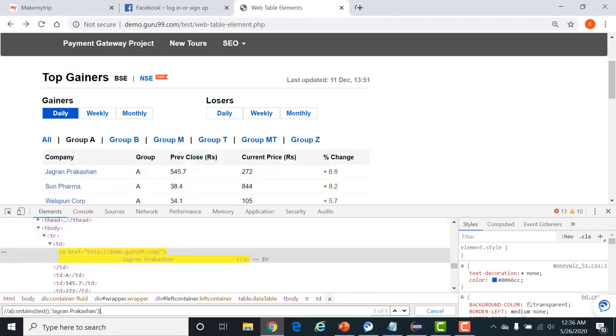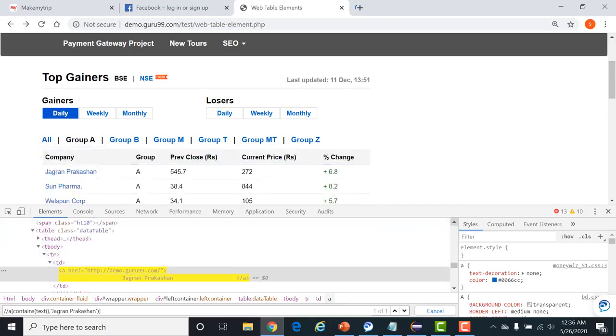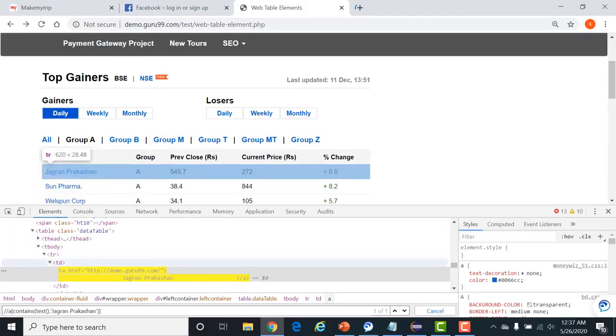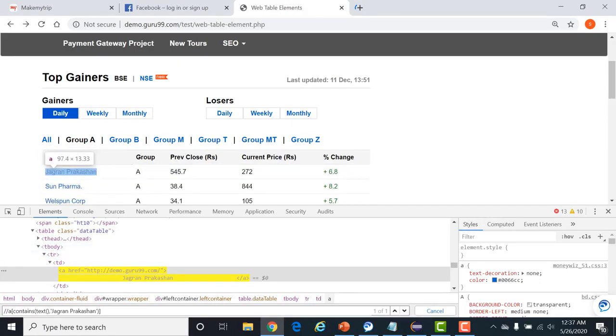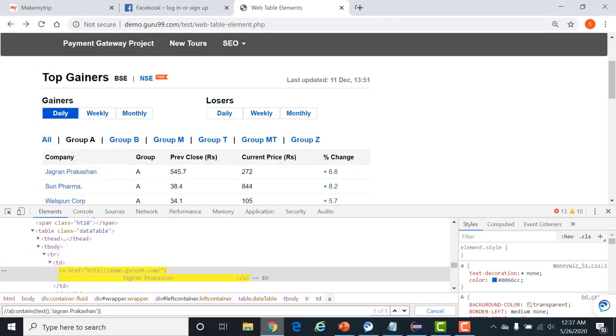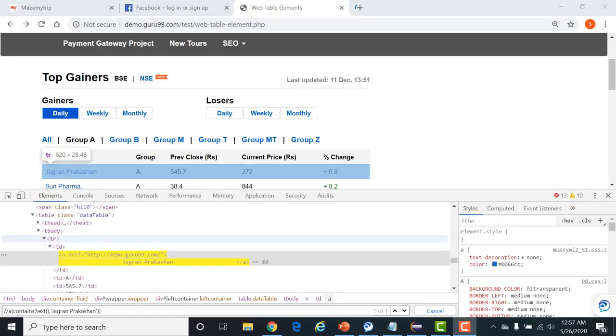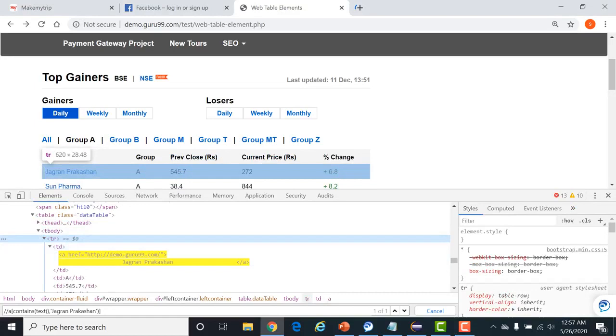Now we have to go in the upward direction. We need to see what preceding does. Preceding starts searching for elements before the current node. Right now we are on this node, so it won't start searching from this particular node. It is not going to search from this td node.